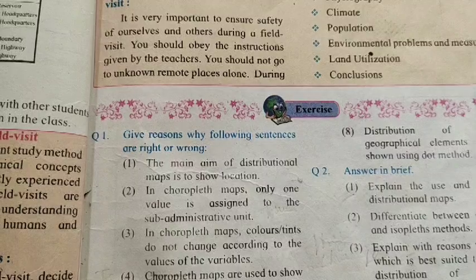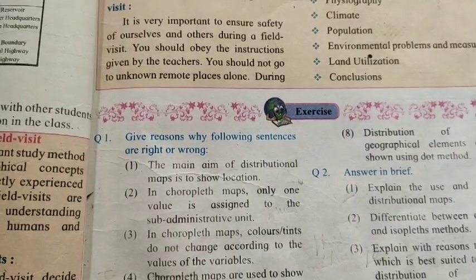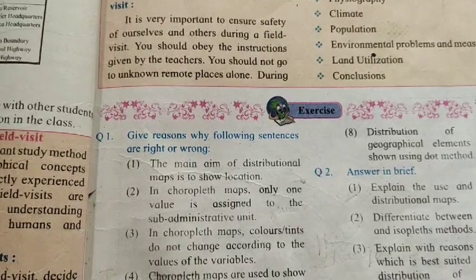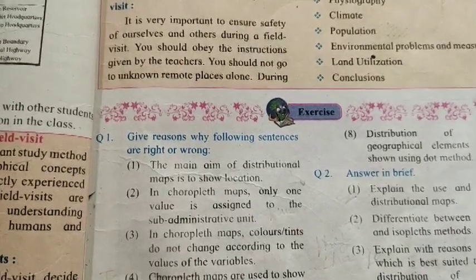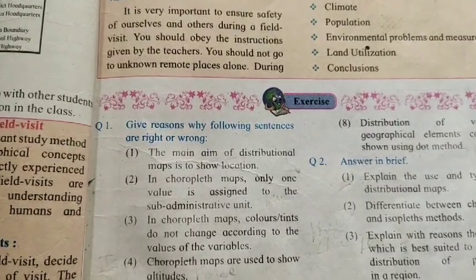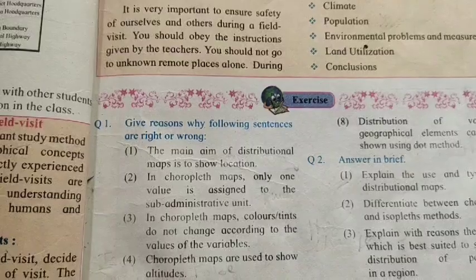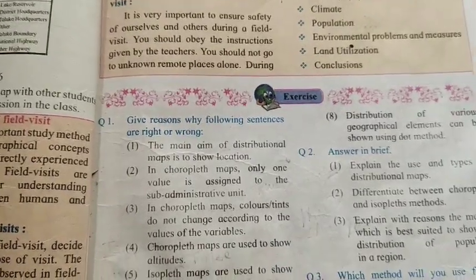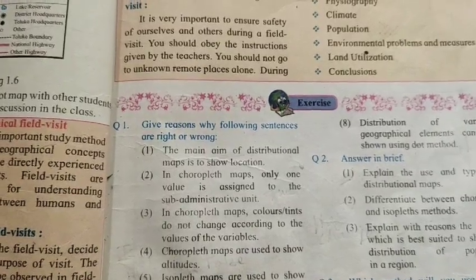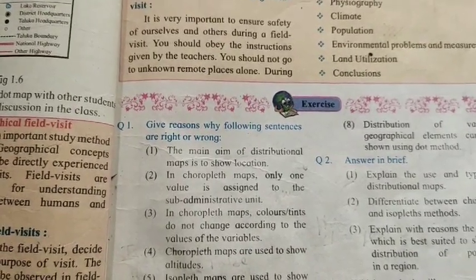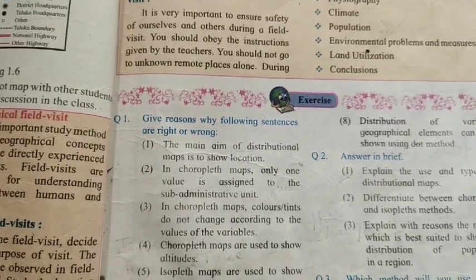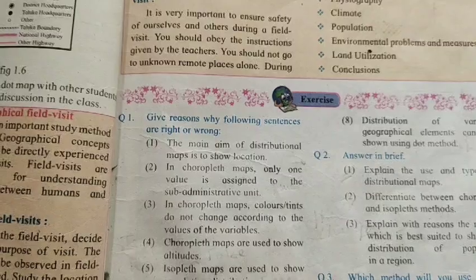Second, in choropleth maps, only one value is assigned to the sub-administrative unit. The answer is right. To avoid confusion, the answer that you will write is, the sentence here is right. So you will write right, and then next to the word right you will write down that to avoid confusion,